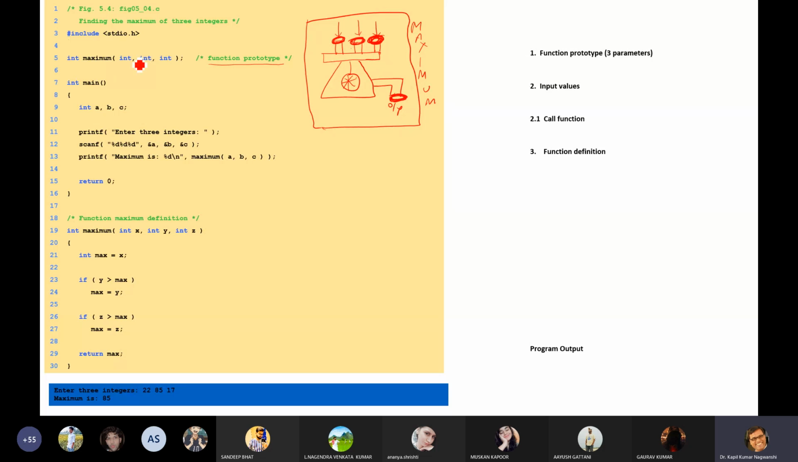So that's why we need to declare this. It will say that in future, this program or this function will be defined. Now come to the main program. So we have used three values A, B, C, "Enter three integers", and we have entered the three integers %d,